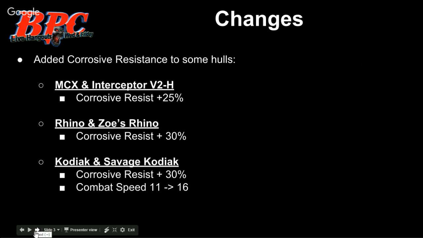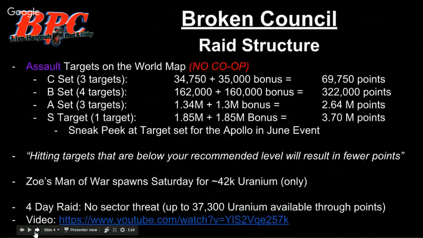Right. So, Broken Council. Raid structure. I thought it was Civil War, but hey. So, assault targets on the world map, not co-op. We've got C sets, 3 targets, 34,750 plus 35,000 bonus, 69,750 points for the set. B sets, 4 targets, 162,000 plus 160,000 bonus,